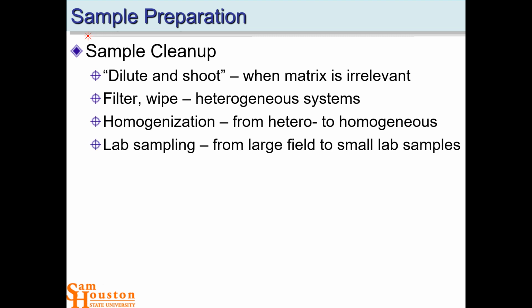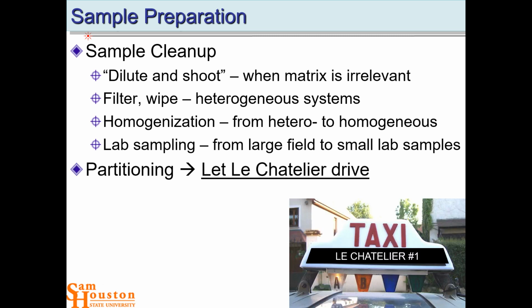And then there's lab sampling, taking things from a large seizure and then selecting small subsets that should represent the large seizure down to what would be a lab sample, and then you take from that lab sample your aliquots that you analyze. In all of these cases, well, I should say in many of these cases, we